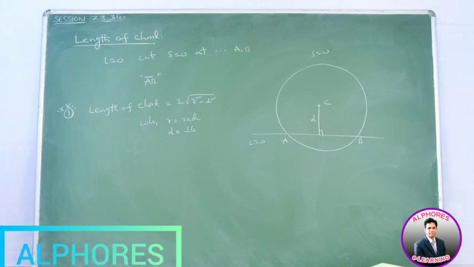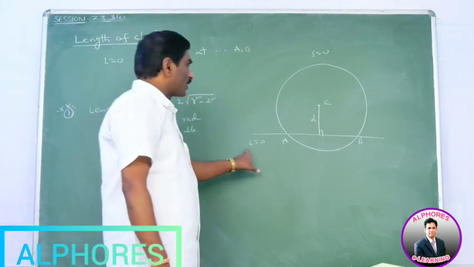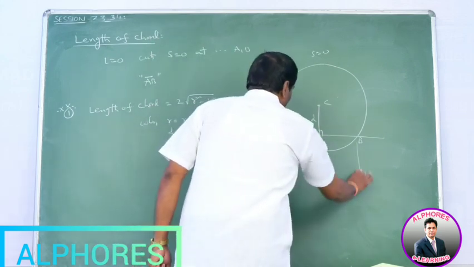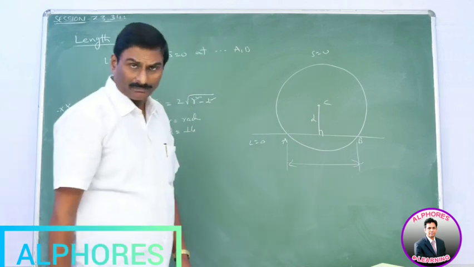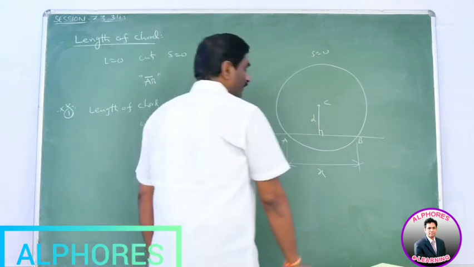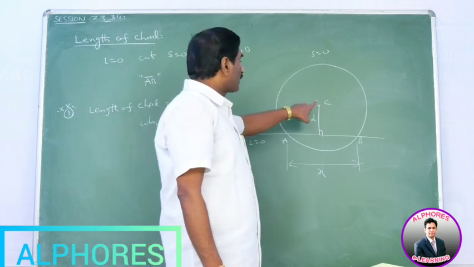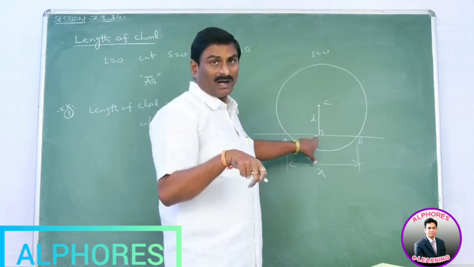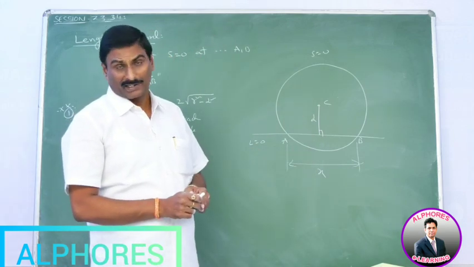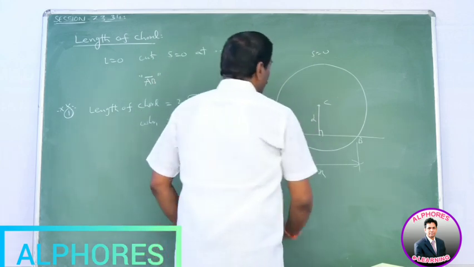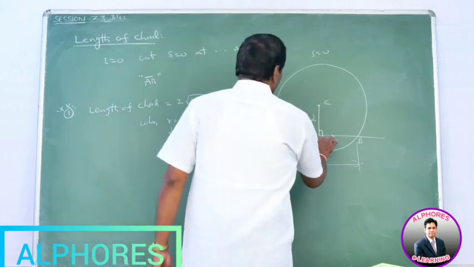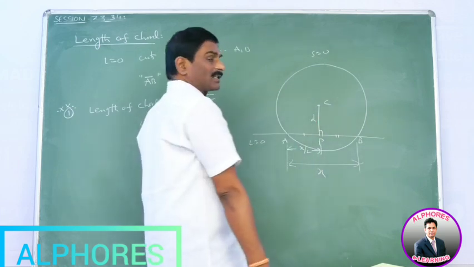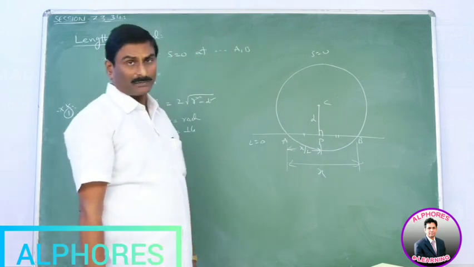Okay. Proof. Suppose L = 0 is the line. R is the radius. AB is the length of the chord. Required value is AB. Say this value is x. The foot of the perpendicular from center to any chord is nothing but the midpoint of the chord. Or the perpendicular bisector of the chord must pass through the center. That means this point is the midpoint of AB. Take this point as P. This and this are equal. So this value is automatically x by 2. AP is equal to x by 2 and PB is automatically x by 2.